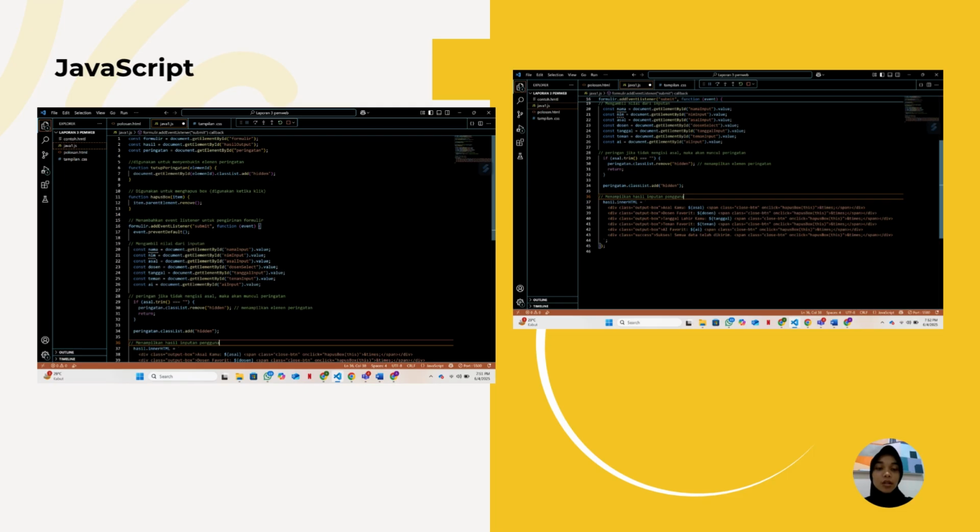A validation check is performed specifically on the origin field. If it is left empty or contains only spaces, the warning box is shown by removing the hidden class, and the script stops execution.